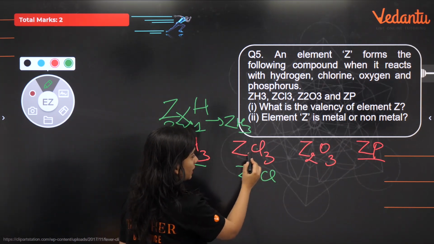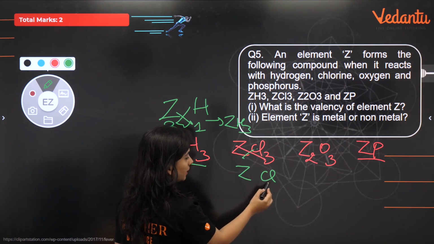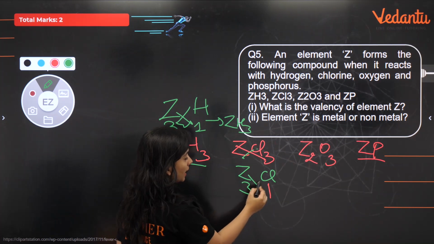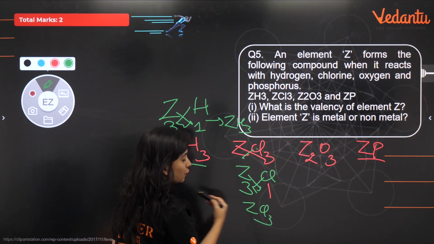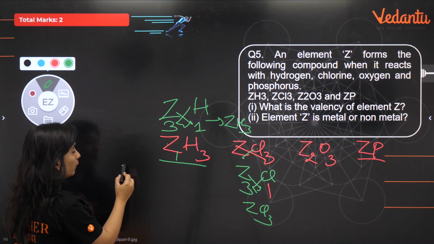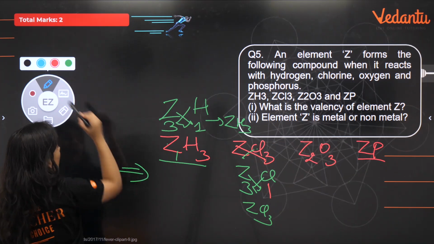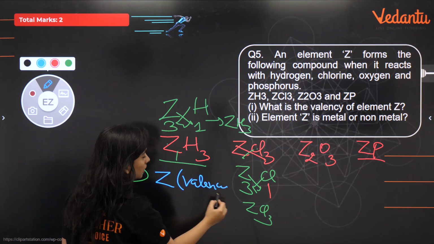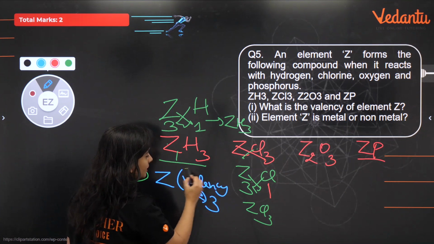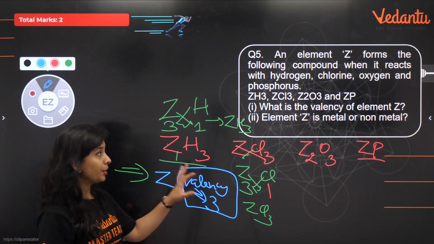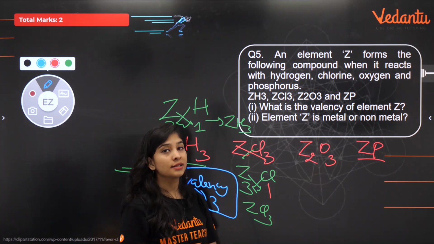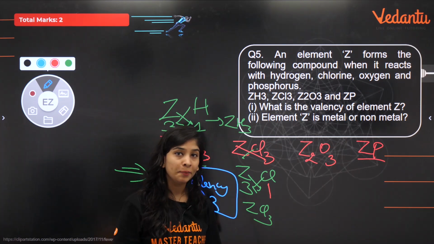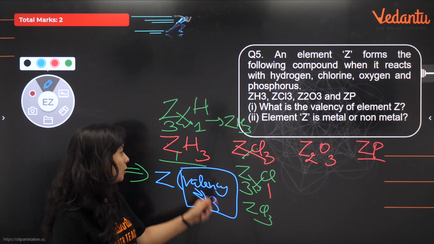ZnCl, chlorine ka valency here, Z ka valency here. Chlorine basically has valency 1, if you try to remember, and Z ka valency 3, then only this formula came. That means we got to know from this that your Z has the valency 3. Z ka valency is 3. Now, whether it is a metal or non-metal, तो you know that valency up to 3 क्या हो सकता है? Metal होगा या non-metal होगा?